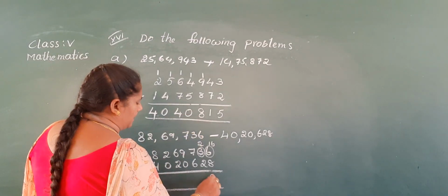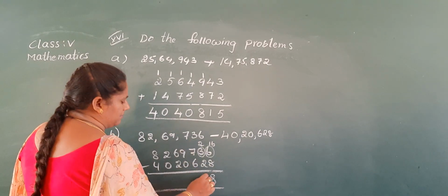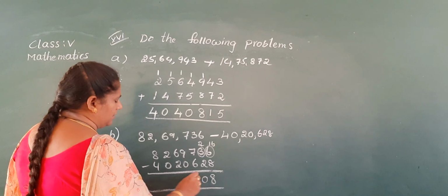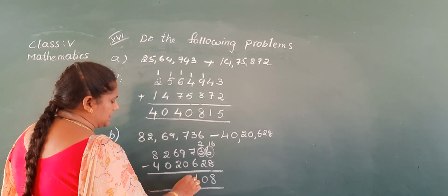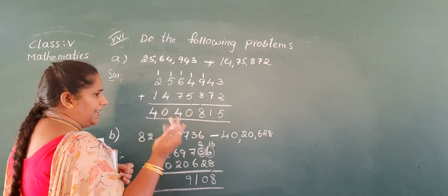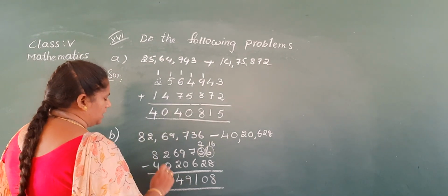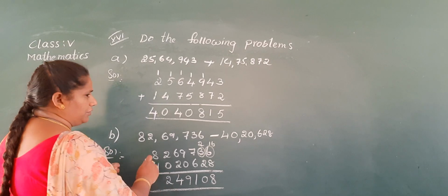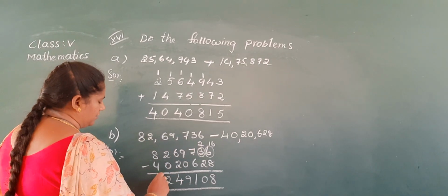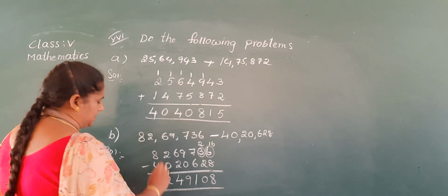So 8 fingers open. Number minus same number, 0. Close finger, 6 after 7, 1. 0 to 9, 9 itself. 2 to 6, close fingers 2 after 3, 4, 5, 6, 4. 0 to 2, 2. 4 to 8, 4 after 5, 6, 7, 8, 4. So like this we will do addition and subtraction.